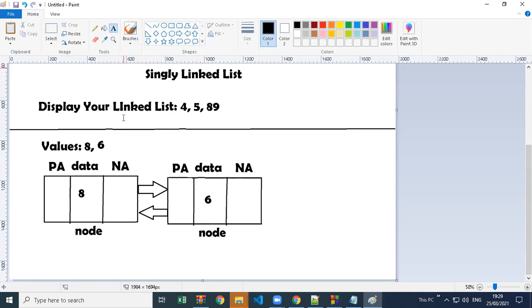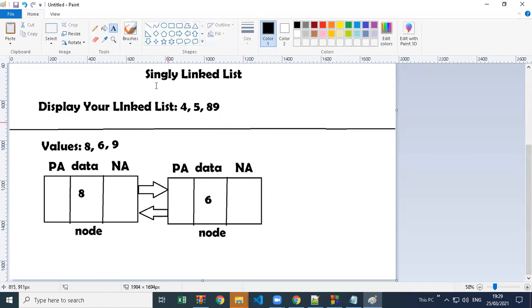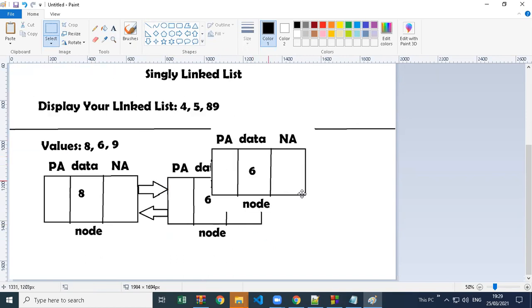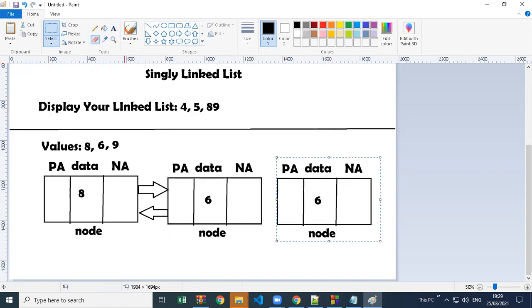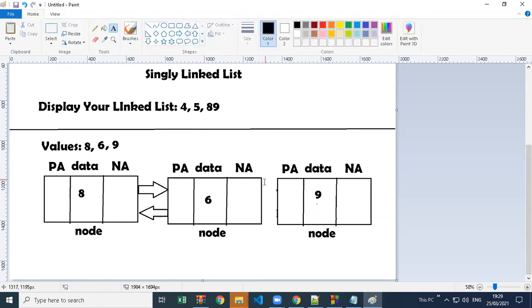And if I try to store one more value, let's say I'm storing here, comma, 9. I want to store one more number, 9. So again, the same dynamic behavior is there. It is going to create one more memory, and this memory has the data 9 because we want to store 9. And same here, this has the previous address, and the second memory has a next address.